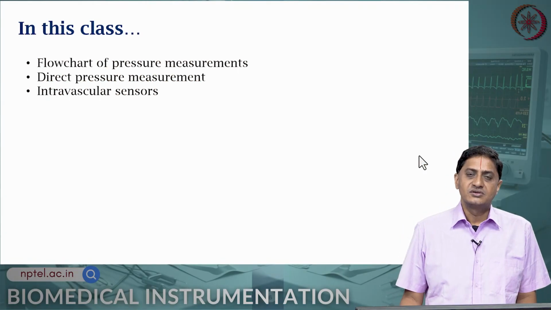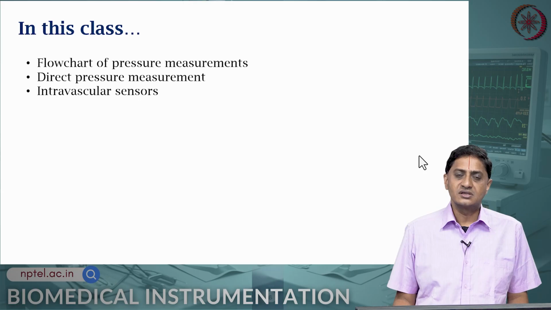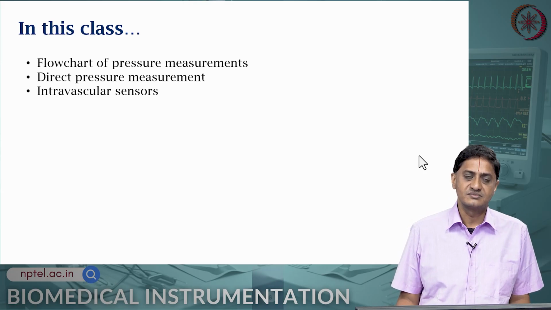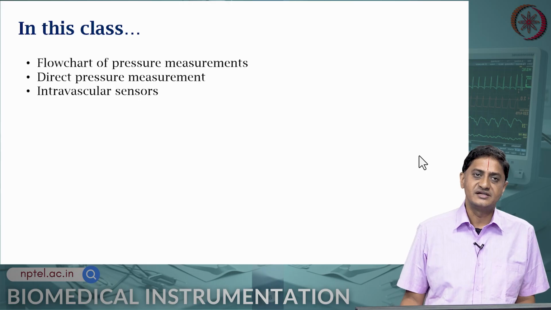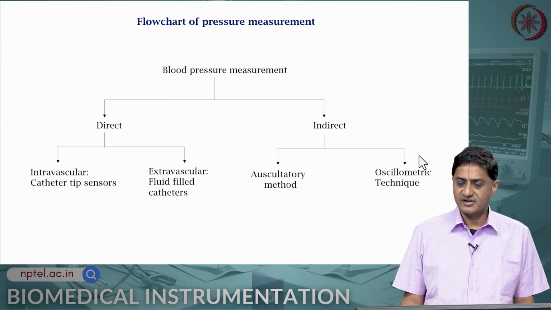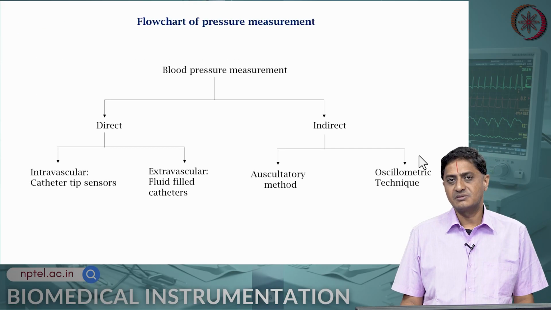In this video, we look at a possible flow chart for measuring pressure within the human system and describe two types of pressure measurement, direct and indirect. And in this video, we focus on direct pressure measurement and we introduce the notion of intravascular pressure measurement. So, if you are interested in measuring blood pressure,